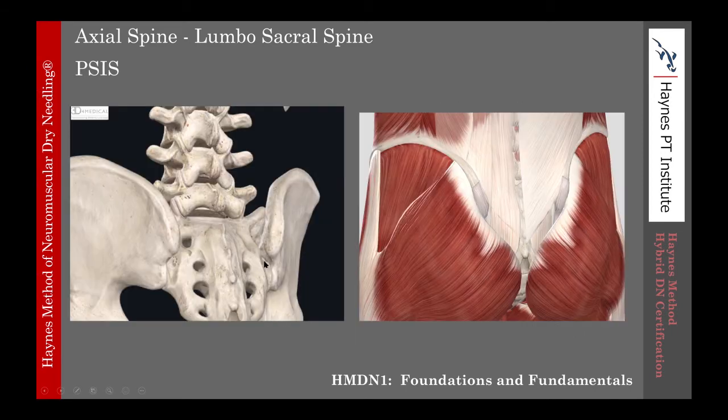And then the PSIS, just a general location here. Again, there's not really anything that attaches to the superficial except an overlying cover of fascia, but we have gluteus maximus that attaches very near. We have gluteus medius that has a very near attachment that we'll get to in a different lecture. The latissimus has an attachment on the ilium as it comes down, so right in there as well. Iliocostalis comes very close, as does longissimus, and then much deeper